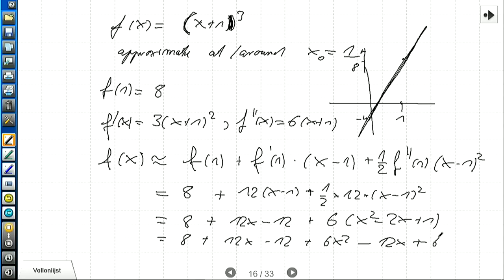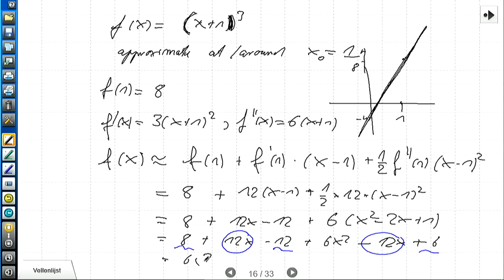And what do we see? We see nice things happening, because the 12x plus and the minus cancel out. That's always good news, makes life easier. And those we just combine, right? So 8 plus 6 is 14, minus 12 is 2. So if I didn't make any big mistakes, it is